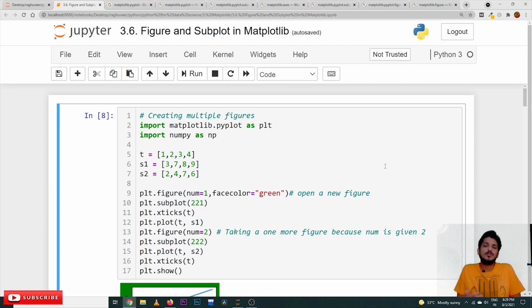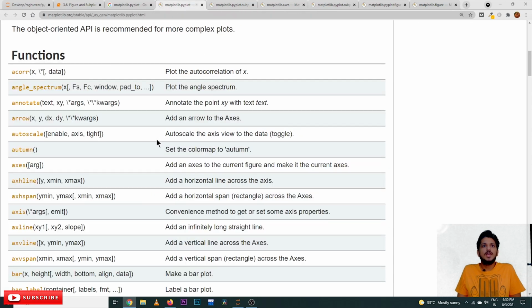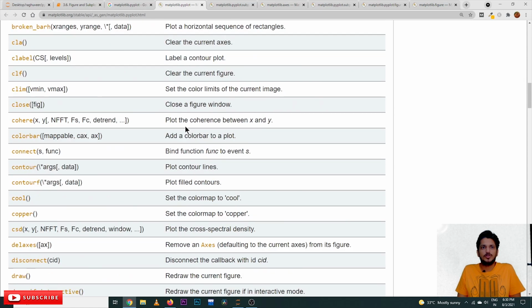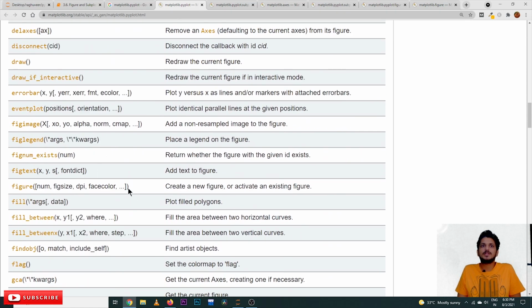In our previous classes, when we discussed construction of bar charts and line charts, the first one we used is import matplotlib.pyplot. This is the module we are importing, and it is given a shortcut as plt. We can use plt instead of the full name. Now let's take a look at this module. These are the functions, the methods that are available on this module. We can use these methods to construct our bar charts and line charts and different things.